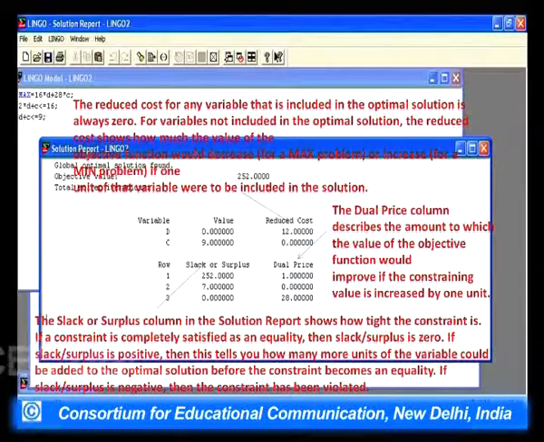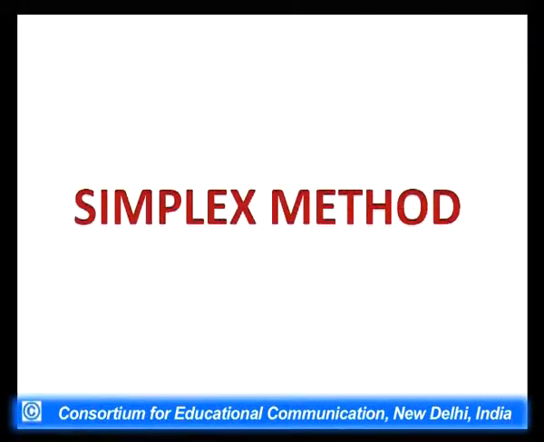Now we'll quickly discuss the simplex method, to which I said I will devote more time. This is a special method to find the solution to any LP problem.